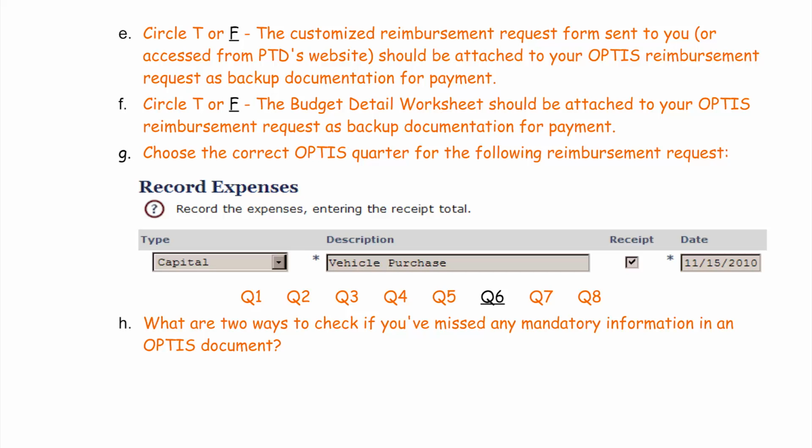Yeah, and that's what she has, a little cheat sheet. This is in the back of your binder, and I actually have this tacked up on the wall in my cube because you can just at a glance know which one. It is the 6th quarter, because it's the second quarter of the second year. Right. In OPTIS, there are 8 quarters. That's what this is.